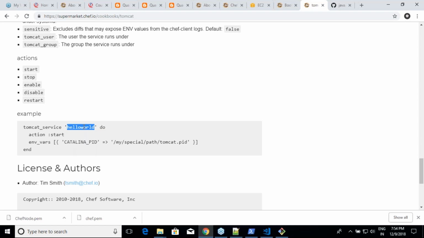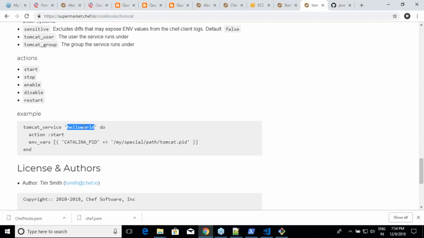He has written it the way he likes. If you don't like that, there is already a GitHub location over there where there is the complete code. Take that and implement it yourself. Am I clear on this? So the only way to succeed with cookbooks from Supermarket is reading their documentation and trying to execute it based on their documentation. Don't bring in your own understanding over here. If you don't like that, take their implementation and write your own cookbook. Am I clear on this?